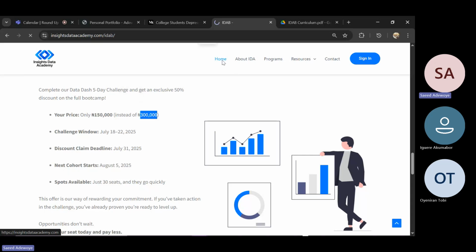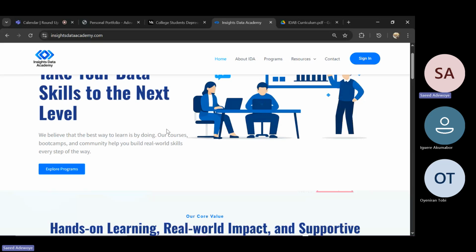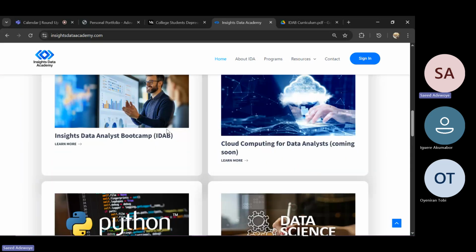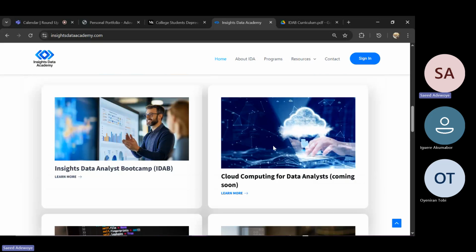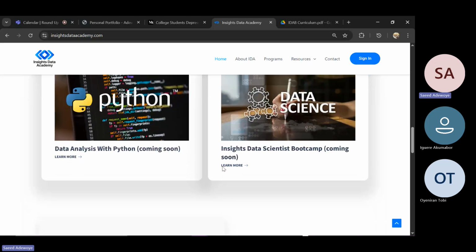Then coming back to the program itself, these are some of the courses we are looking at, like cloud computing for data analysts, even though this is not for a pure beginner in data analysis. But if you have some basic knowledge of all these tools, how can you leverage cloud as a data analyst? Likewise, data analysis with Python and data scientist bootcamp. But that one aside,